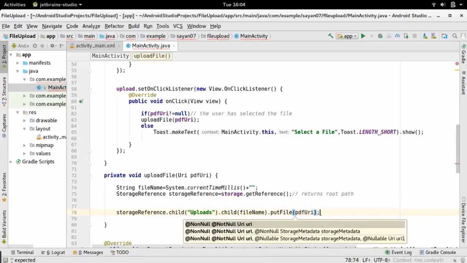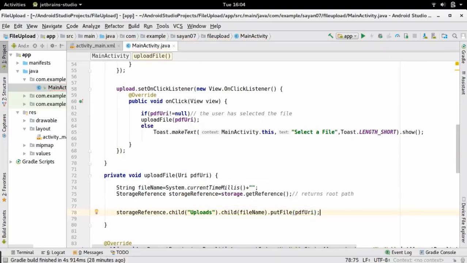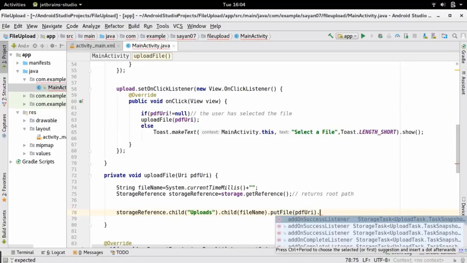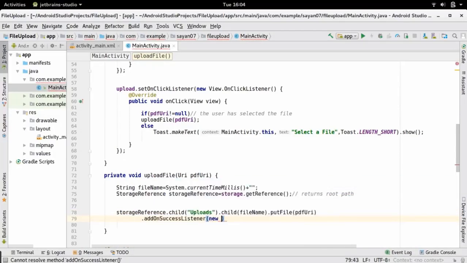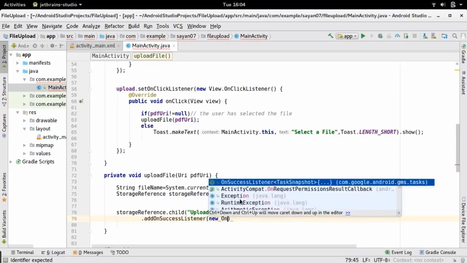Up to this, our file is successfully uploaded to Firebase storage. But we need an acknowledgement whether our file is successfully uploaded or not. It may happen that your internet connection is off, so we need an acknowledgement, right? To do that, we need to use another method which is addOnSuccessListener. Within this, override the OnSuccessListener interface, select it and press enter.